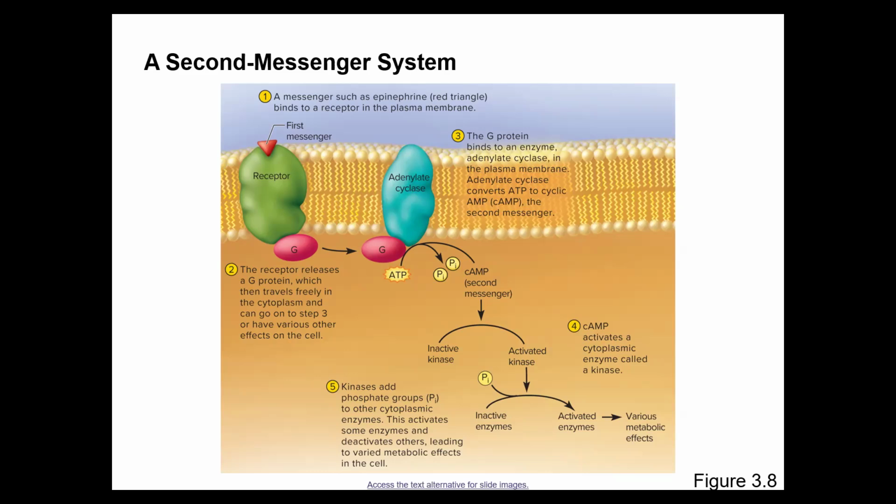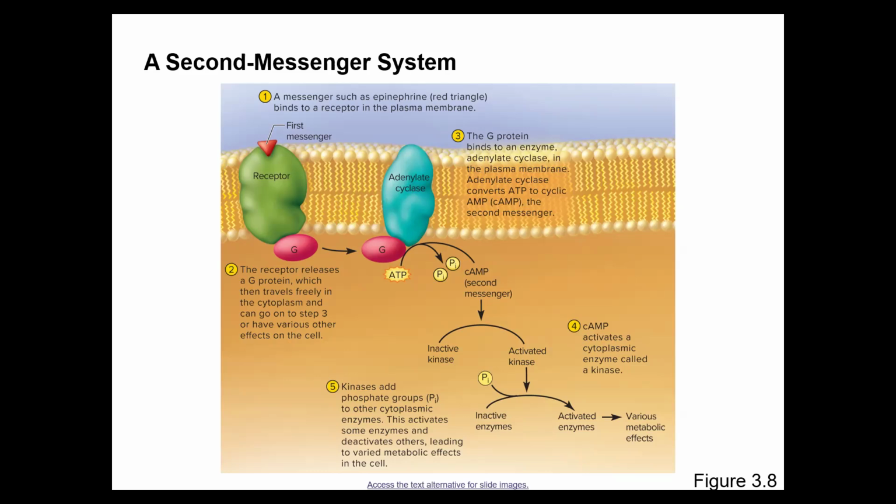So now it will bind on the outside. It will cause a conformational change in the transmembrane protein. That's going to be a receptor. Then the receptor is going to cause G protein to go on and activate another enzyme